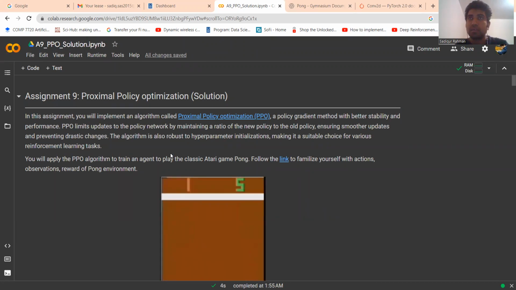It doesn't abruptly update the policy randomly. It updates the policy based on robust hyperparameter tuning. So it makes a very good choice for reinforcement learning because it prevents drastic changes and provides smoother